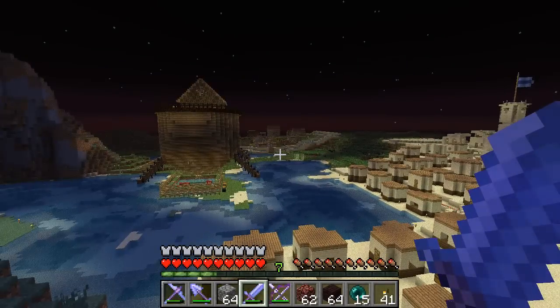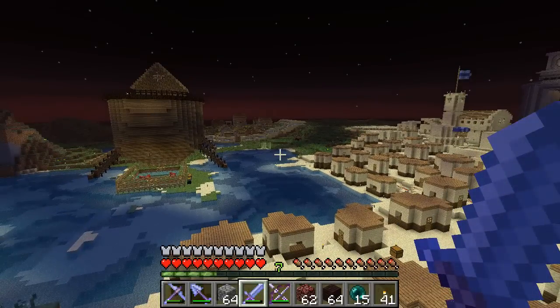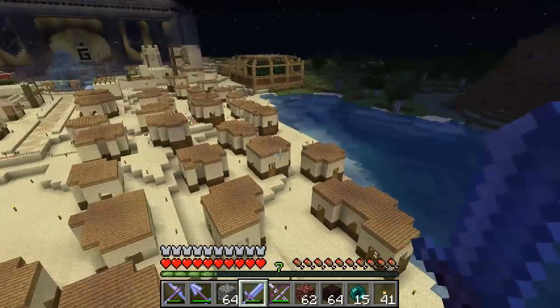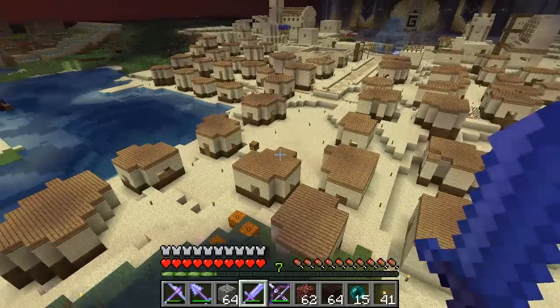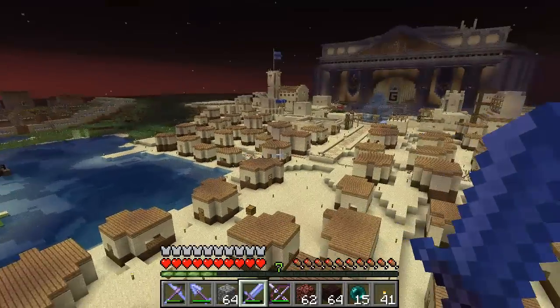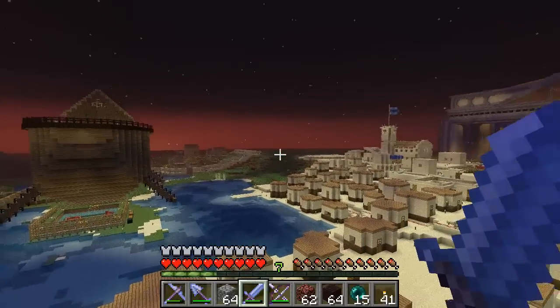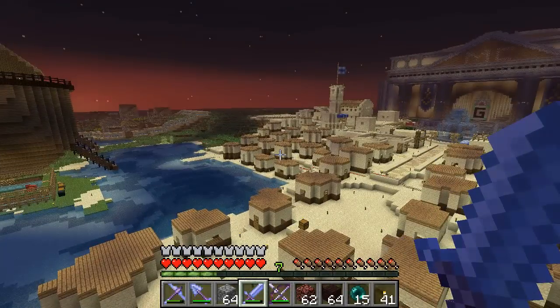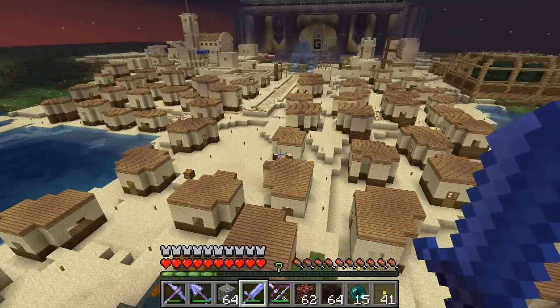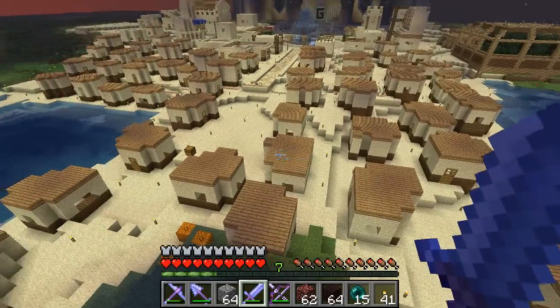It's funny, there's a village right there and a village right there, and I just think it's kind of funny. This is like the definition of suburban sprawl. It started out as one little village here, and there's soon just going to be one city that never ends. Anyway, he said he made all these houses different, and they are all different, but